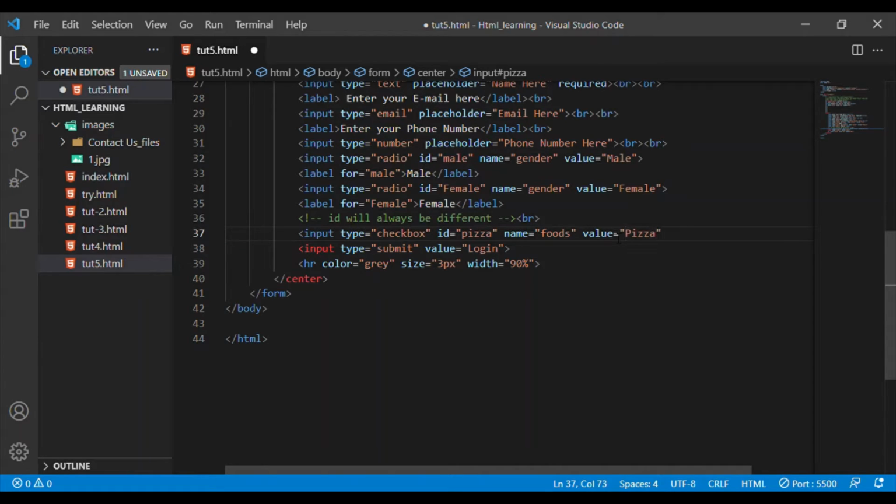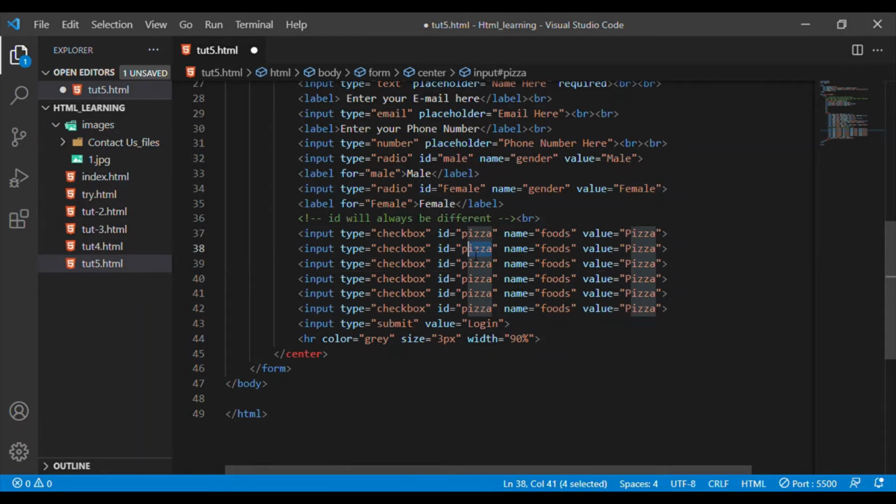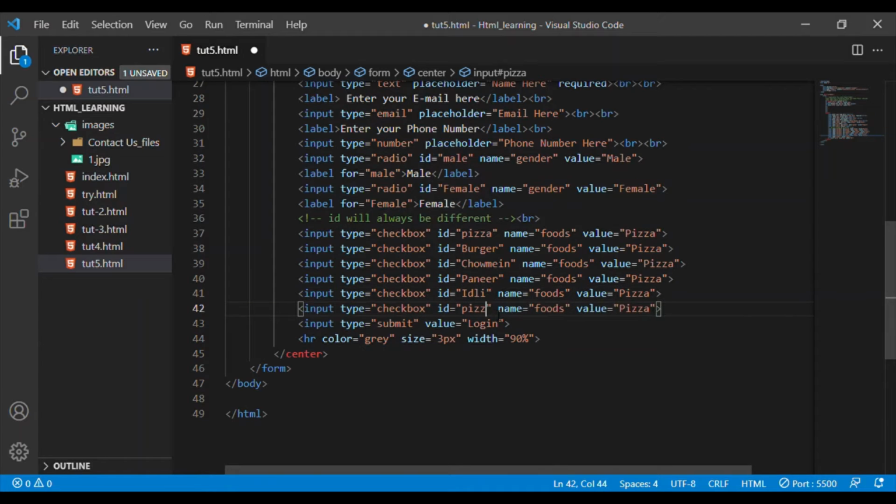Okay, I'm closing it, and I will duplicate it many times and change it: I want it to be burger, chow mein, paneer, idli, and sambar.